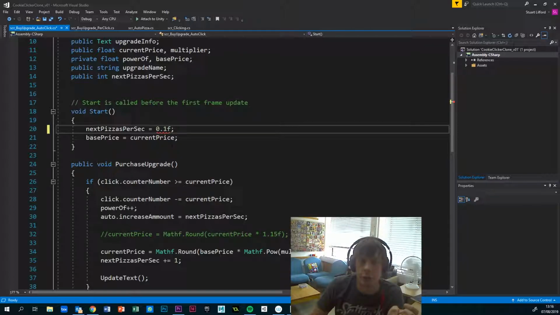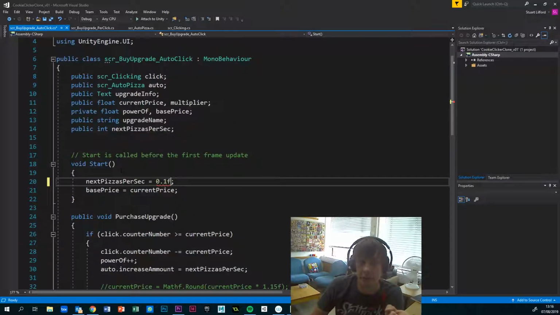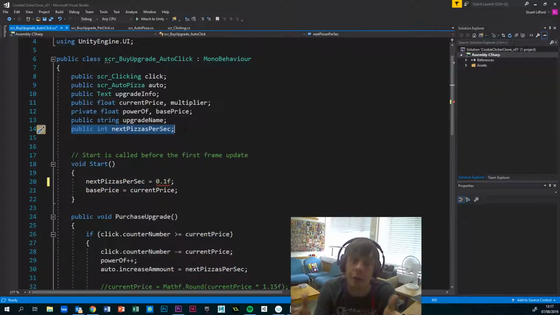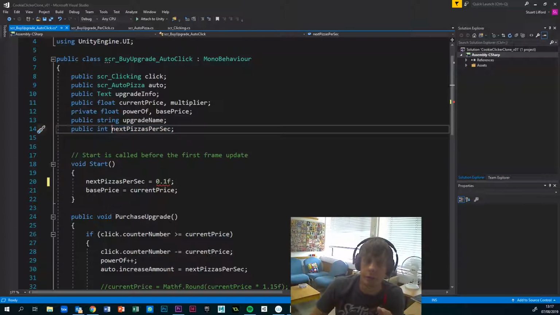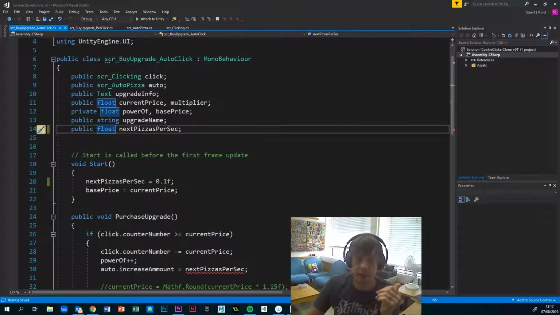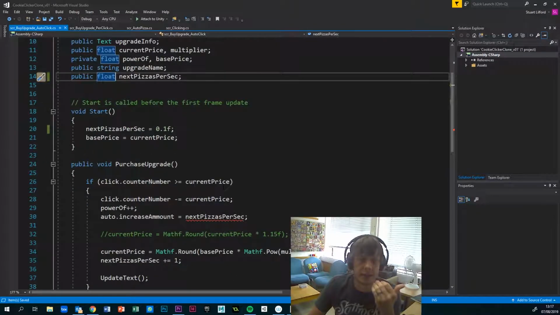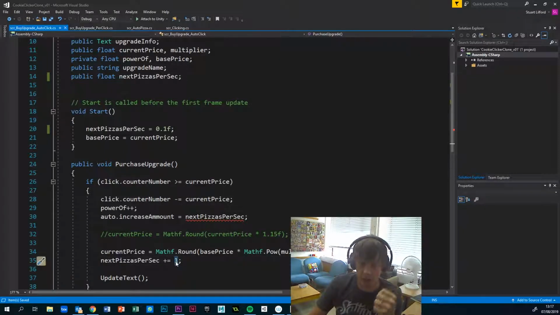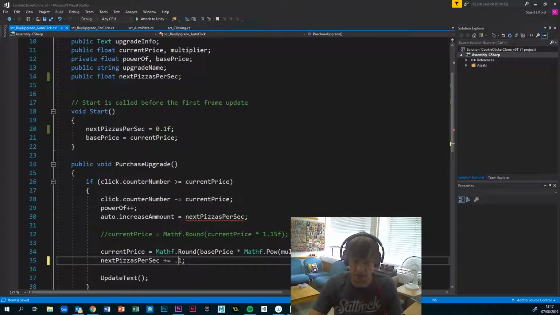So we also need to change this, it's still complaining because this variable is an integer. An integer is a whole number, so it cannot be a float value. So we just need to say, actually, I've changed my mind, Unity, it is now a float. And then it's happy now. So if I save that, and then instead of next pizzas per sec adding on 1, let's just add on something like, I don't know, 0.5